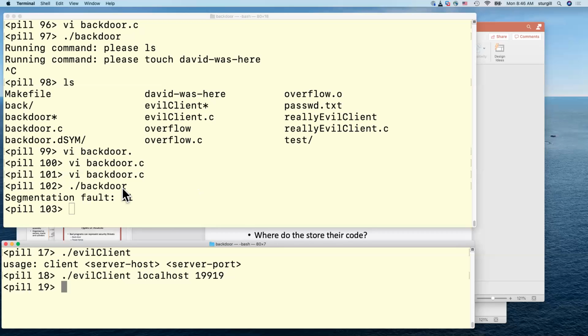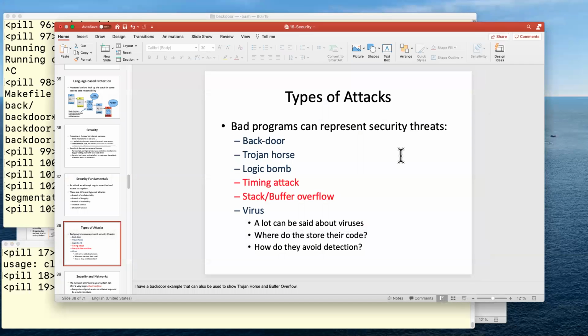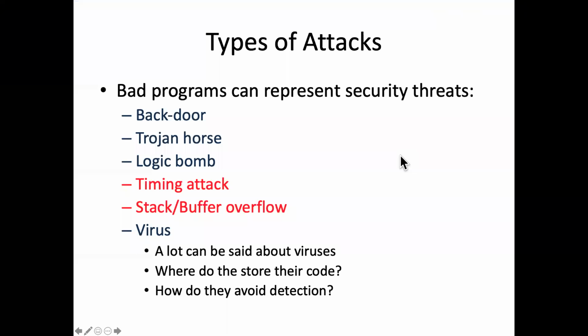So here I'm kind of trying to get a twofer in my examples. I tried to show off what a backdoor is, and I tried to show off this red one here, a stack or a buffer overflow. A backdoor is usually a deliberately malicious piece of code that's been put in a program, whereas stack or buffer overflows are usually accidental, but especially if you're coding in a language like C, they can be extremely common. Questions before we move on?